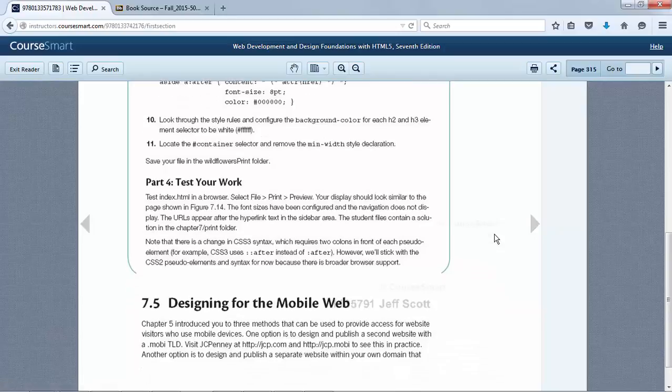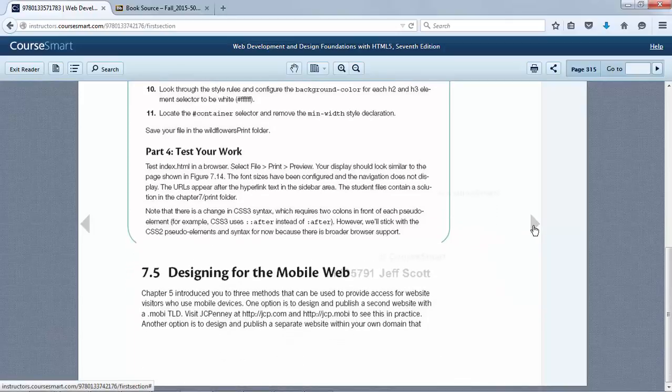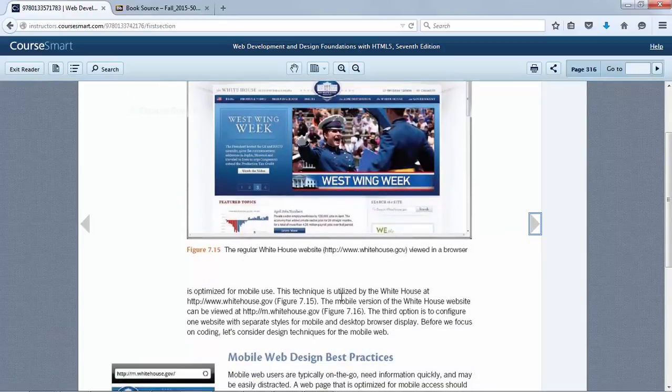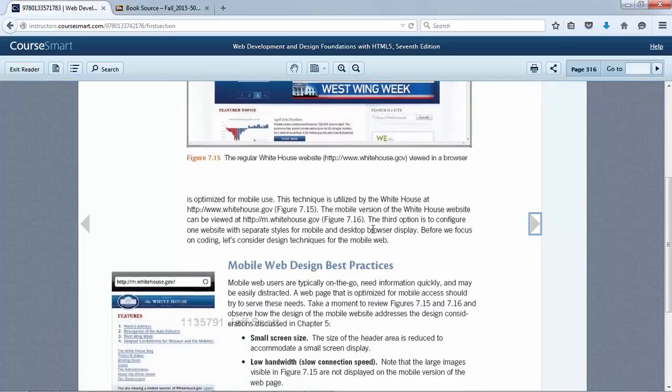So, designing for the mobile web. I'm on the bottom of page 315. It says, Chapter 5 introduced you to 3 methods that can be used to provide access for website visitors using mobile devices. One option is to design and publish a second website. All right? Another option is to design and publish a separate website within your own domain that's optimized for mobile use. And as it says, that's what the White House does. All right? And then the third option is to configure one website with separate design for mobile and for desktop